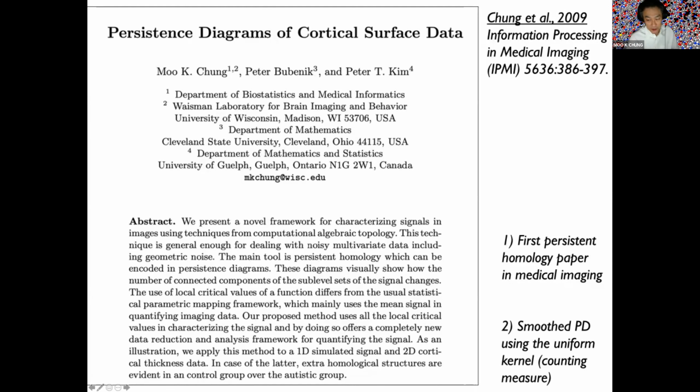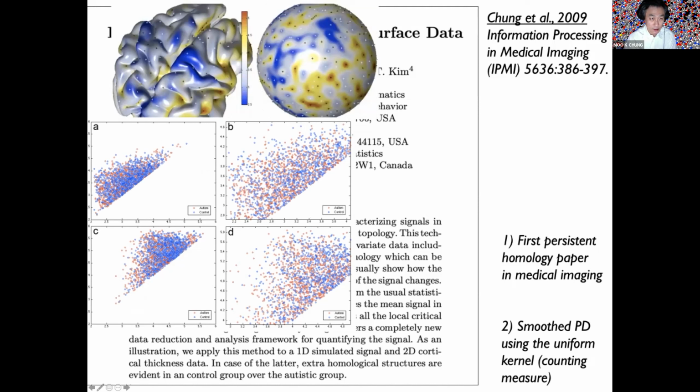And this is actually the first paper that smoothed the persistence diagram. You see these days, everybody smooths it. The idea actually came from this paper. So what we did was that we had this kind of data coming from the brain surface. Then we have the persistence diagrams. Then